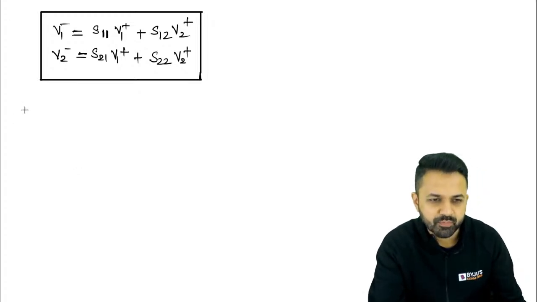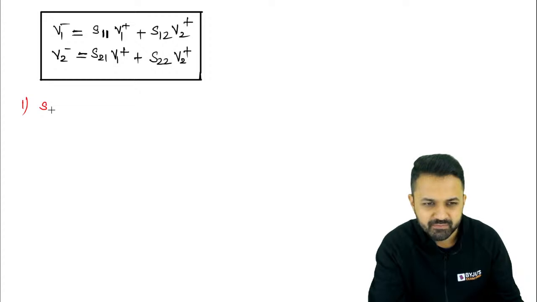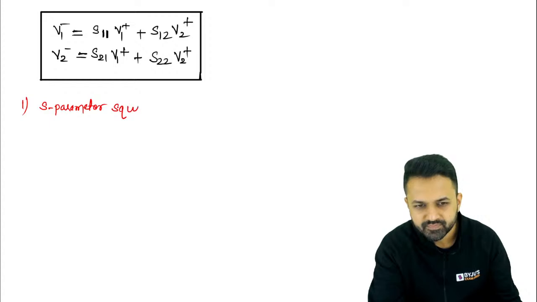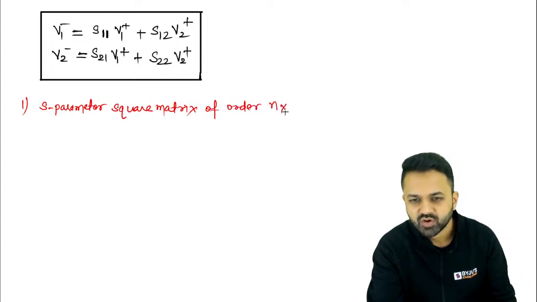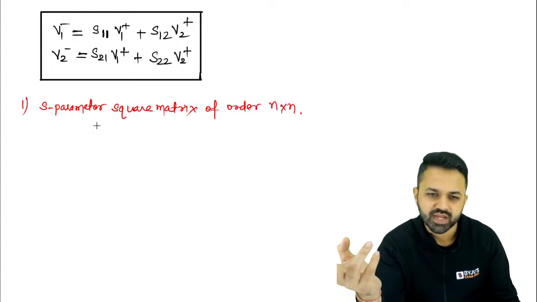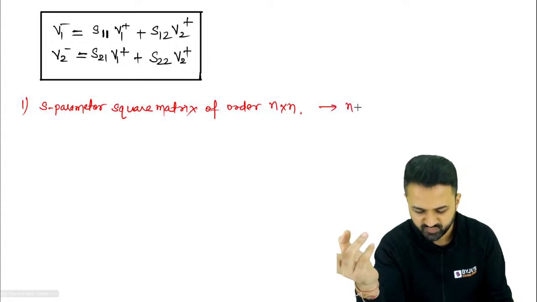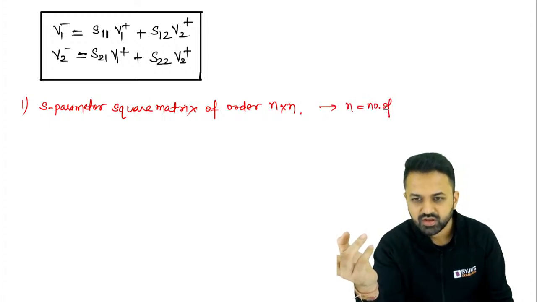अब इसका जो पहला प्रॉपर्टी है, एस पैरामीटर एक स्क्वायर मैट्रिक्स होता है। ठीक है, और इसका ऑर्डर जो होता है ऑफ ऑर्डर एन क्रॉस एन, मतलब अगर दो पोर्ट है ना, एन जहां पे क्या है, नंबर ऑफ पोर्ट्स।